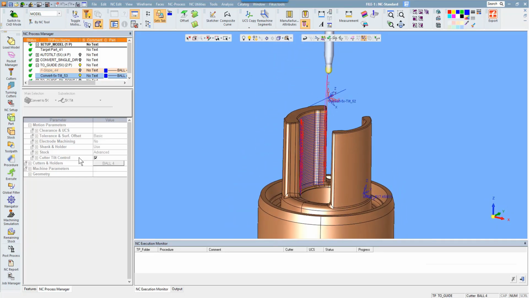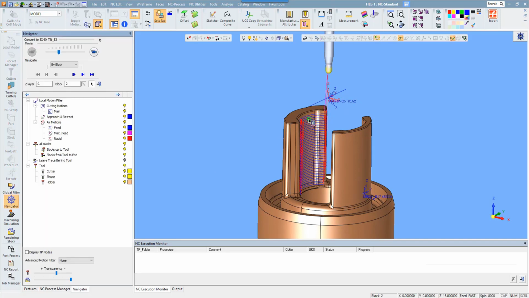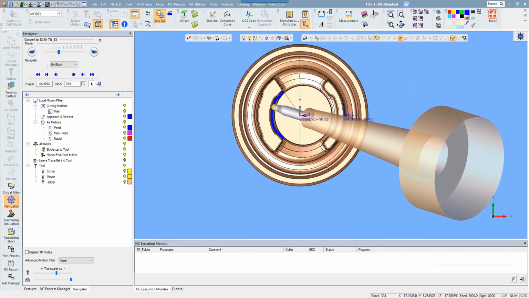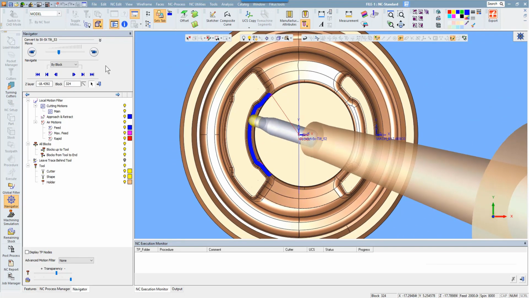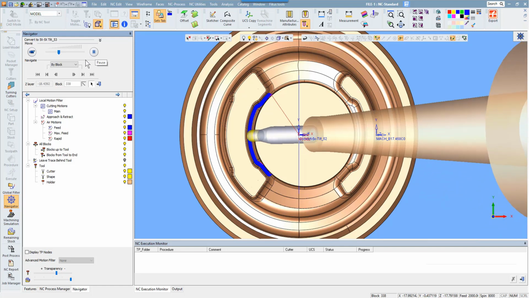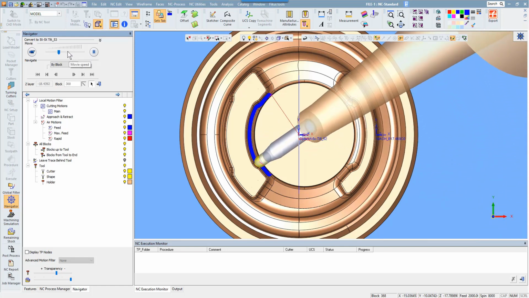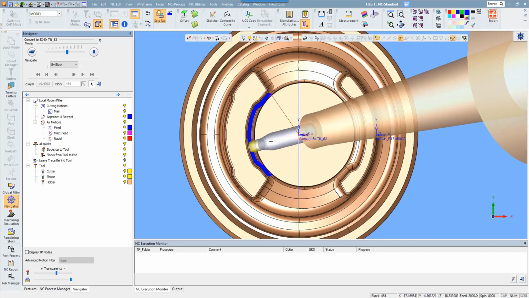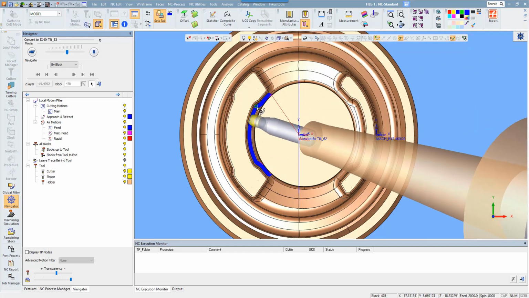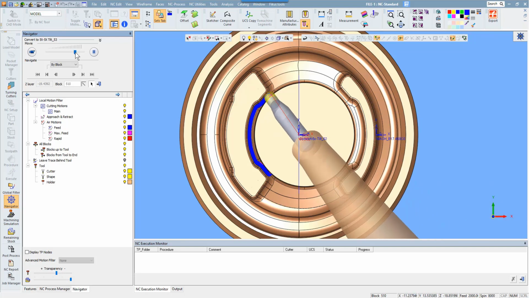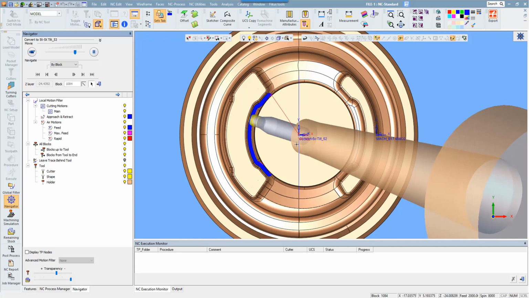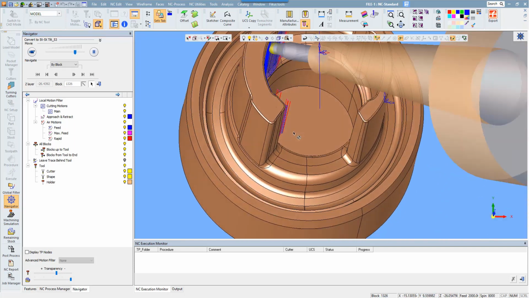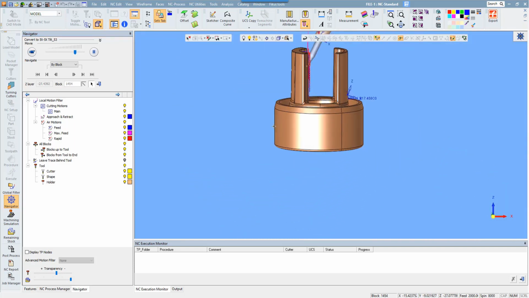So as I actually take this and place this, we're going to look down from the top so we can see what this does. Because I picked by point instead of guide curve, it is pushing the tool axis through that point to do all the machining. So it's another way of controlling how it tilts. So it's going to be pushing the spindle axis through that point. And then if we looked at it from the side here,